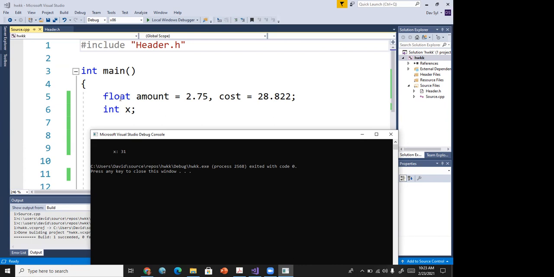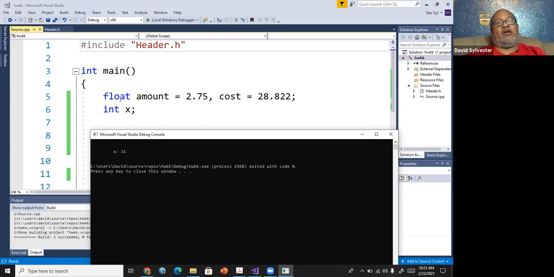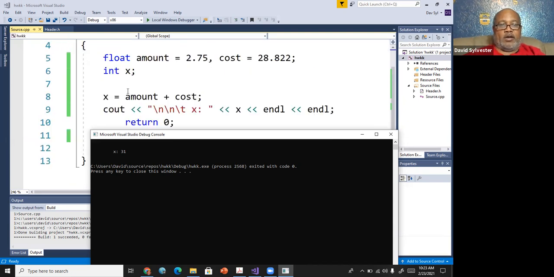So if I was trying to measure my flooring, I wanted to redo my flooring, and I did float for the length and the width, but then I did int for the area to get the total area. What would happen is it would compute everything, right? Say when it did the formula on this side, but when it assigned it to this int value, I would lose all my decimal side.